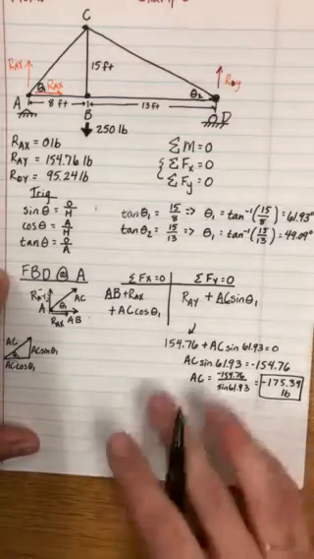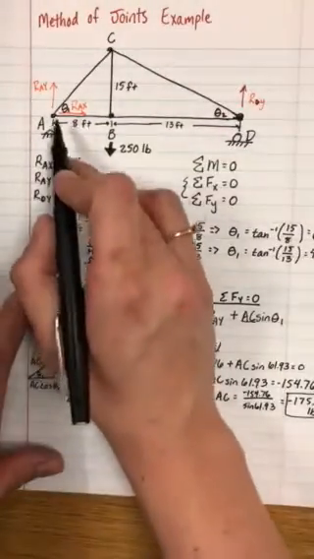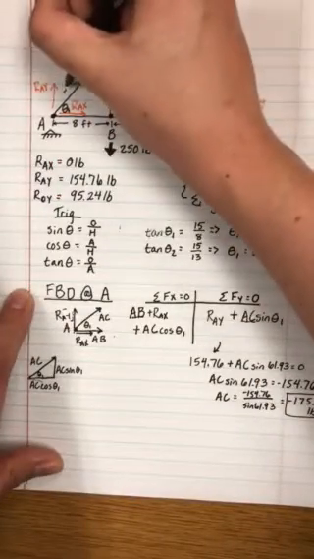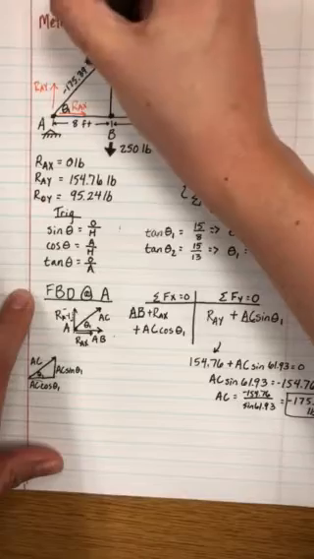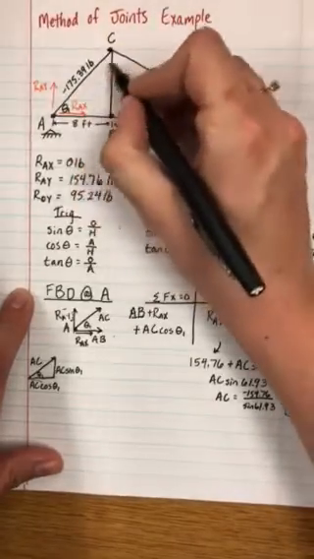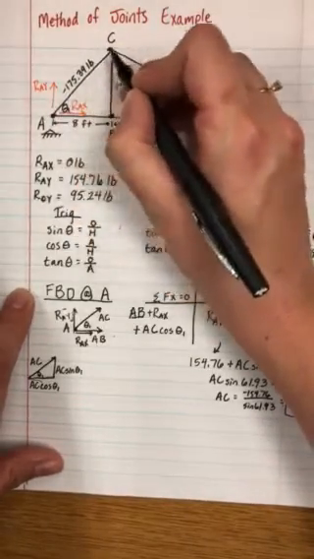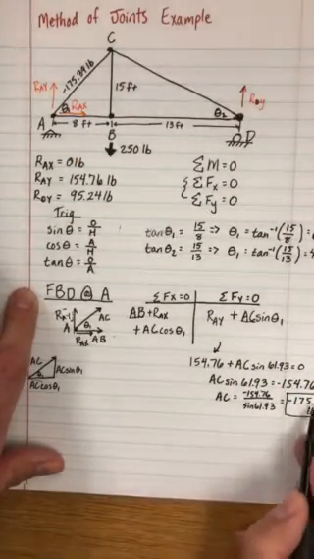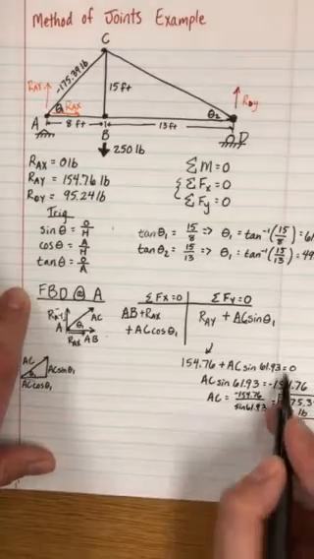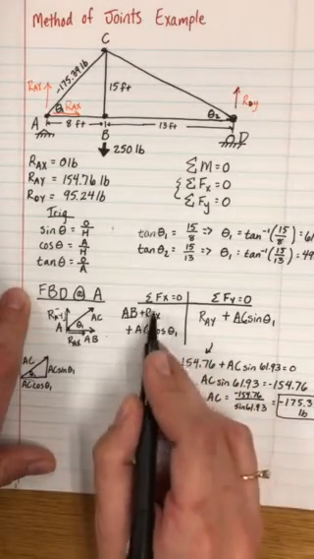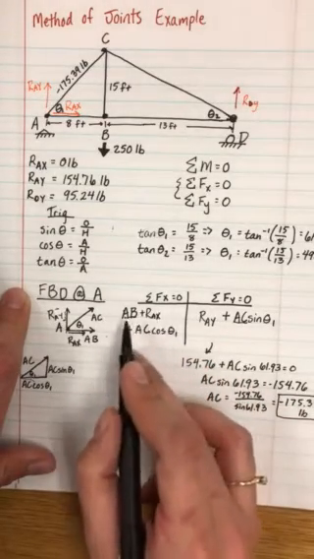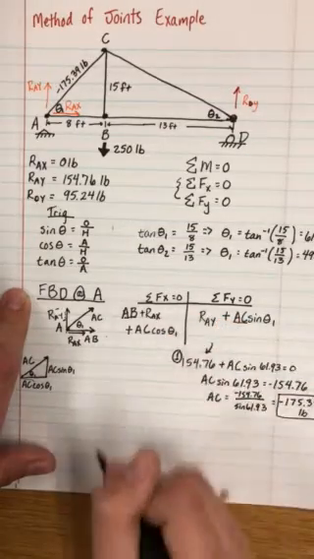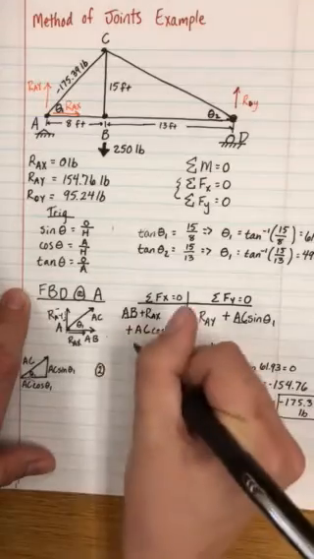So I have the value of AC, and I'm going to update my chart up here. So I'm going to write negative 175.39 pounds. So that's the compression force that's occurring between A and C. Now that I have AC, I can go back and take this value and plug it into the sum of the forces in the x direction to solve for AB. So I'll label this as a 1, saying we did that first. So the second thing that we did,